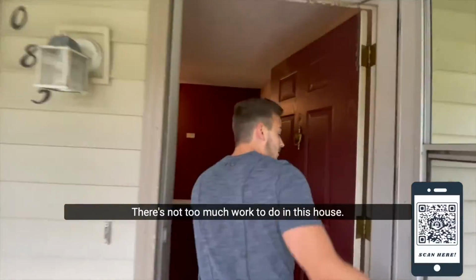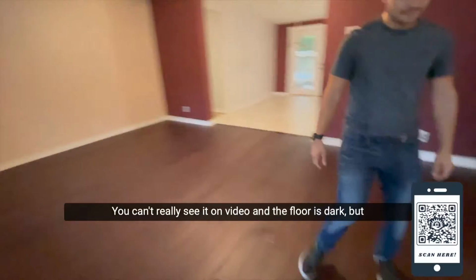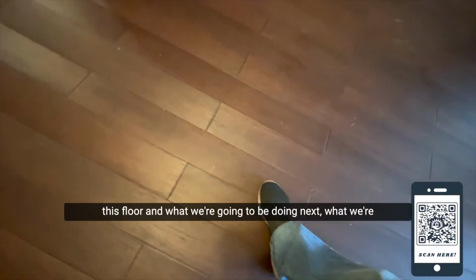This one, there's not too much work to do in this house. This is a really cool house for us. You can't really see it on video, and the floor is dark, but the floor is buckling over here. You might kind of hear it, but we're going to be replacing this floor. And what we're going to be doing next,